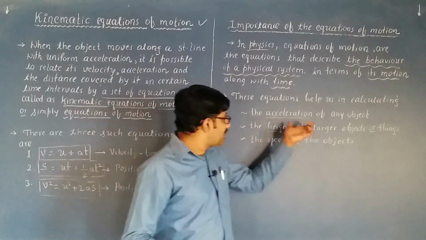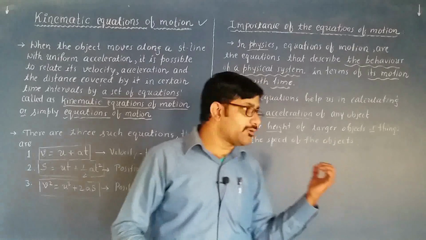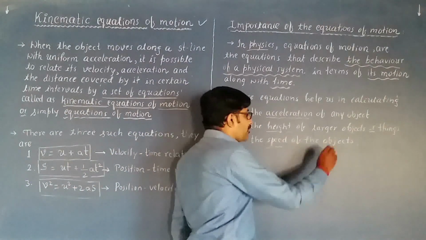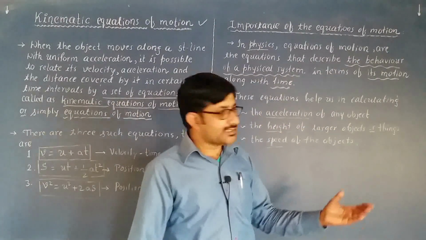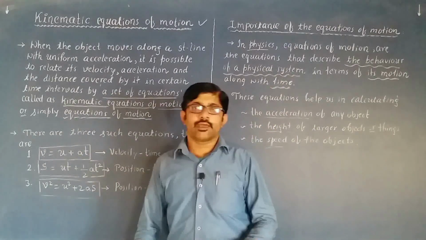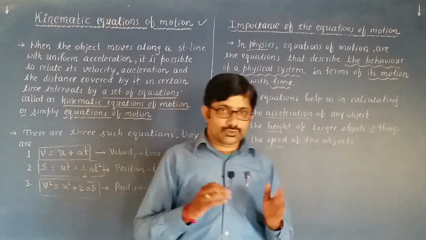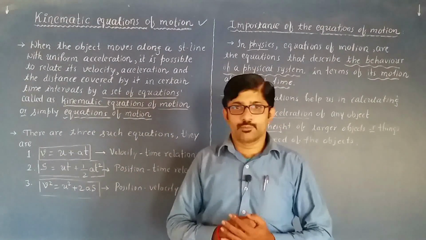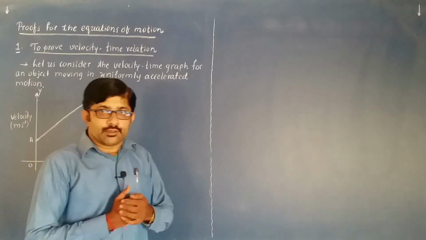Again, the heights of larger objects or things can be found using these equations, and you can calculate the speed of the objects. As I said, it may be a car, it may be any vehicle, it may be a flying bird. These equations are called the kinematic equations of motion, and we are proving those equations